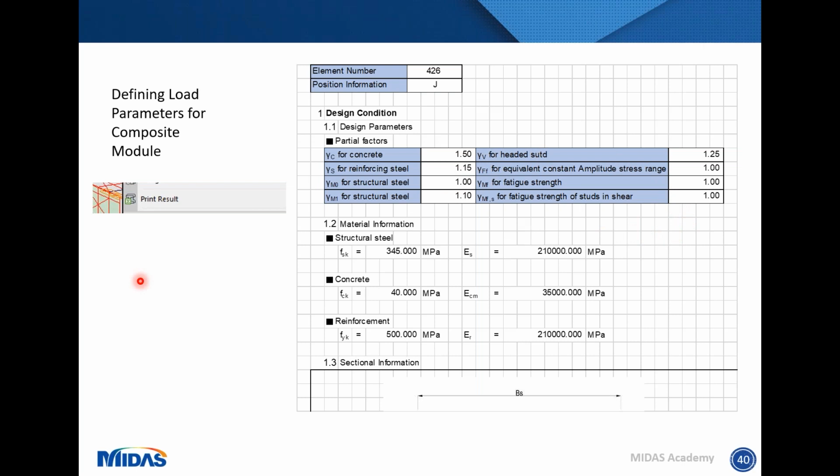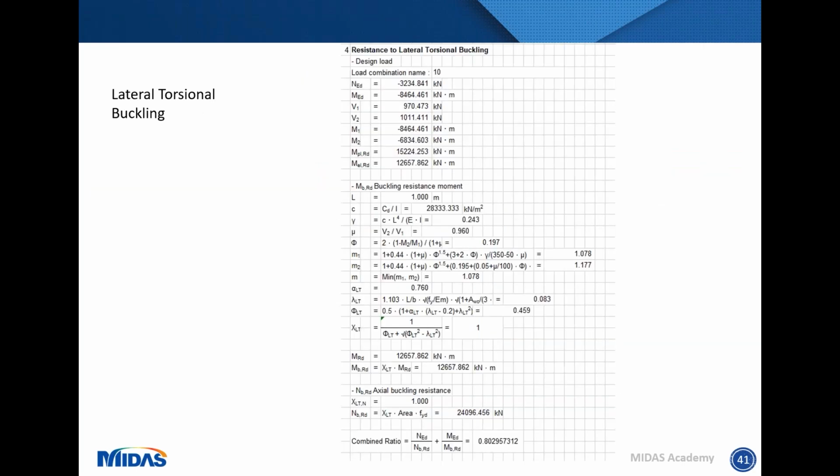So from this table, you can just work your way through it, and it is a design calculation that you can use for cross-checking and making sure that everything that you think is happening, you can use that as a verification, as I was saying. Shown here is one of the outputs for lateral torsional buckling, that the software has been able to go through. As you can see, we had 80% utilization, and there would be a check that would show that this is okay.